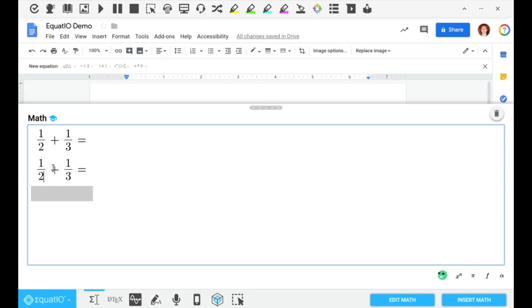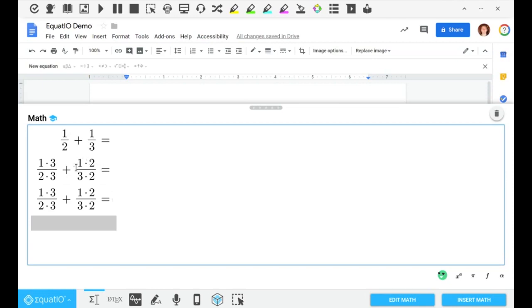So here, if I was going to solve this problem, I can then start typing times. I can do a dot and say I'm going to multiply times 3 there. And if I want, I can literally just copy and then paste that there. And then I can even do it here as well to say that's the same process, and I'm going to change that 3 to a 2. And I can do that same process and change that 3 to a 2. So I can make that process much more quick, where that is an extra step that my students generally won't give me because it's added work if they're writing things down on a piece of paper.